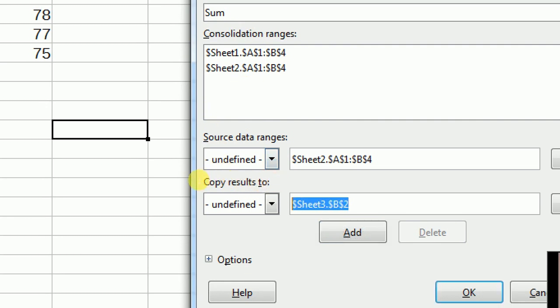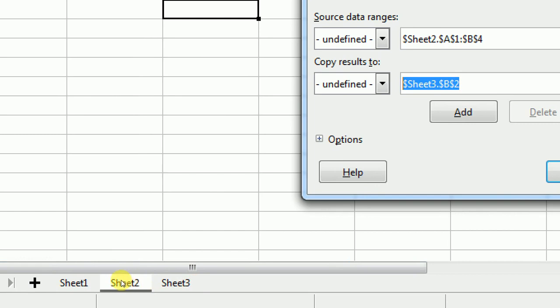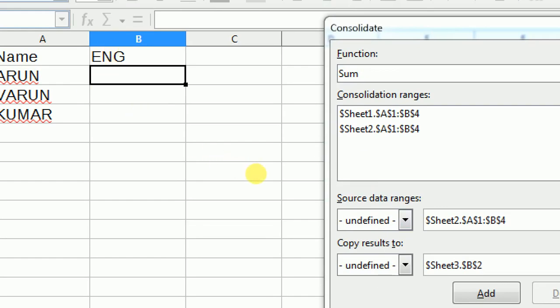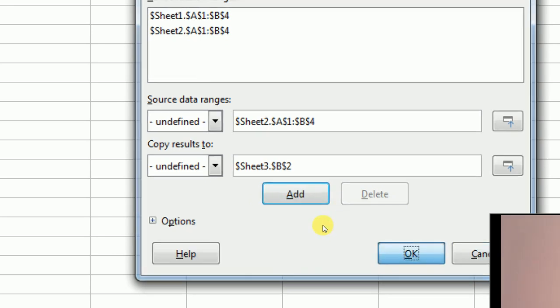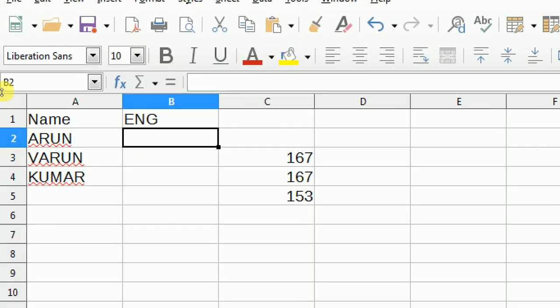Now the output needs to appear here. By default, when I clicked here, sheet 3's first cell has been taken. Again, if it is not taken, you can click on this particular sheet and you can add, then you can click on the OK button. So your consolidated values,